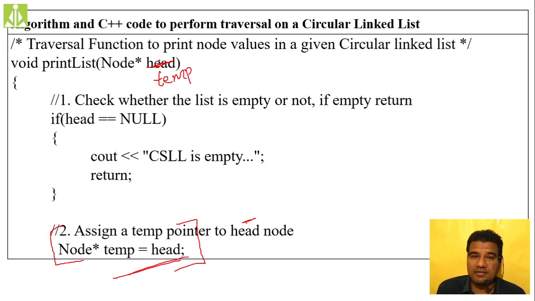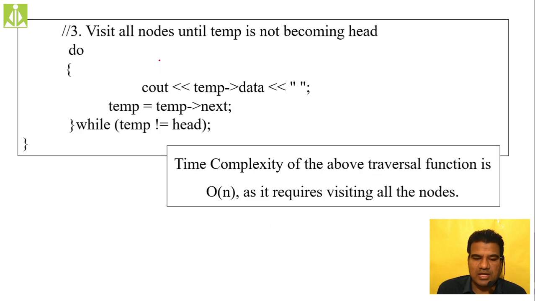And to do the traversal, as usual, whether it is a singly linked list, doubly linked list, circular singly linked list, circular doubly linked list, whatever it is, at the time of calling that function, we are completely unaware of how many nodes are there in my data structure. So that is the reason why my time complexity will become order of n. Simply remember that. So that I have written over here.